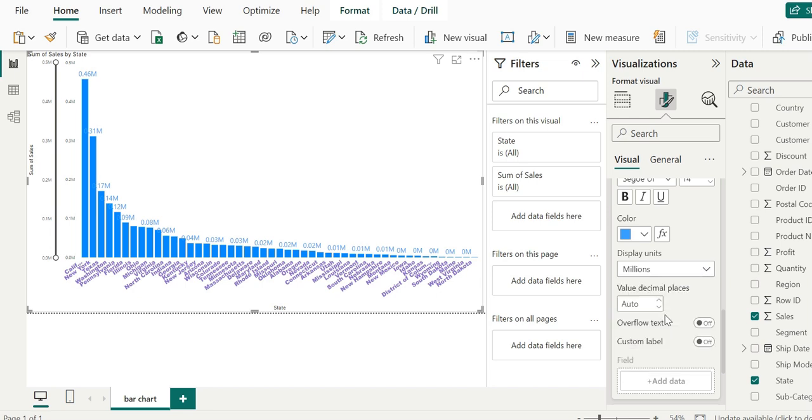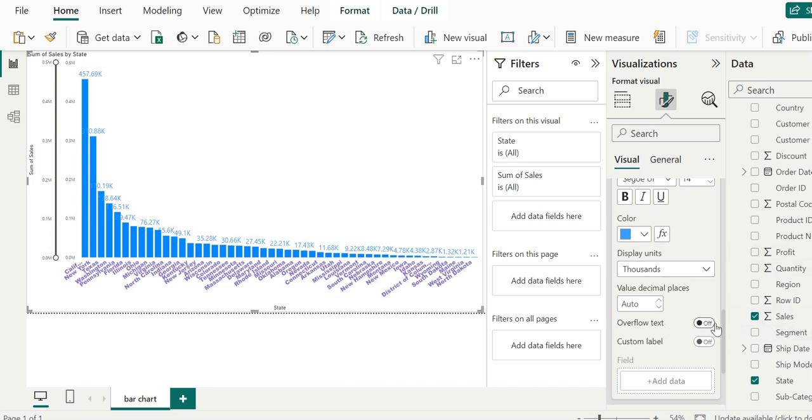Just go back here. We can see there is a menu for overflow text. By this, we can make a number of tweaks in our UI. What if you don't like any of them, what will you do?